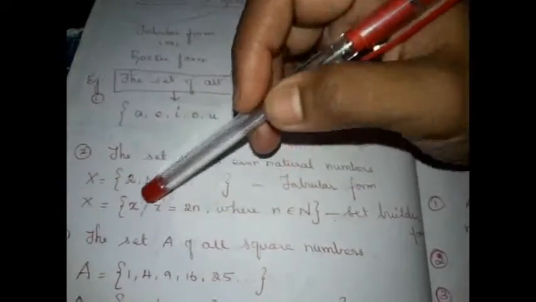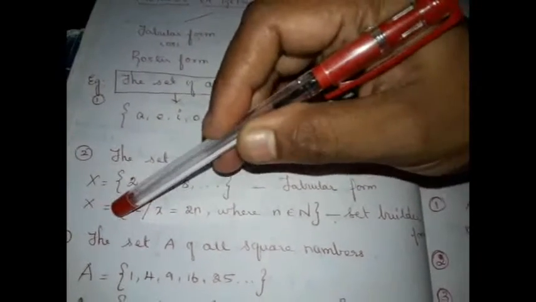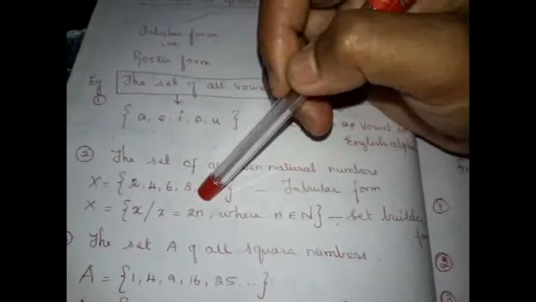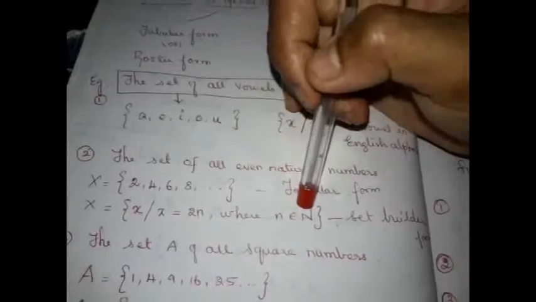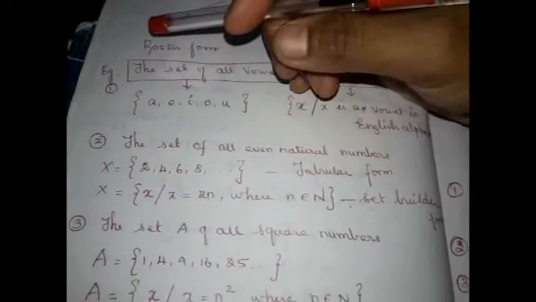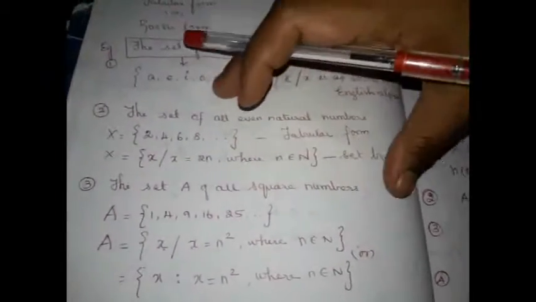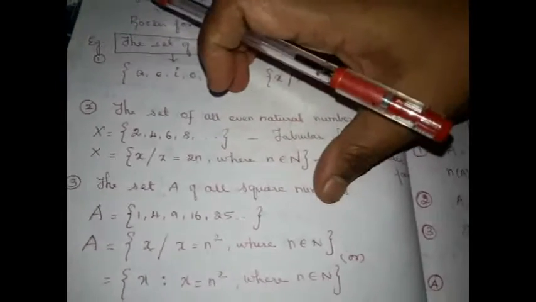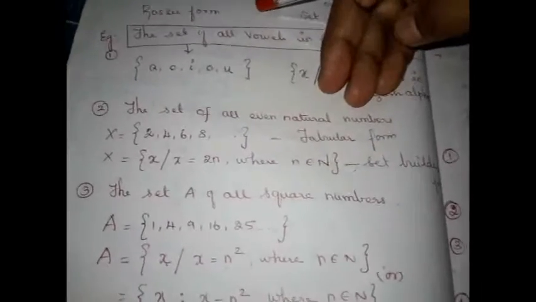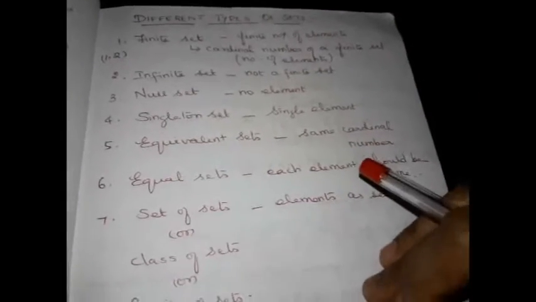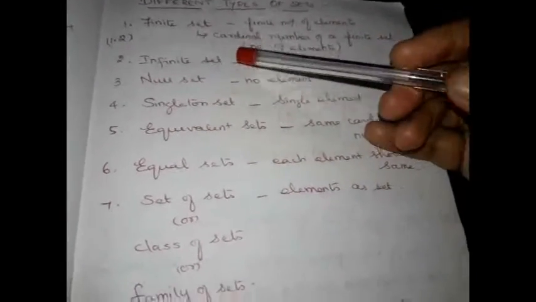In the set builder notation, how will you denote? The set of all x such that we need to give the description for this x now. x equals 2n. Why have we written it as 2n? Because it is going to be an even number, where n belongs to natural numbers, right? This is how we will express the given set in tabular form and set builder form. You may get questions giving a statement and they may ask you to express it in tabular and set builder form, right? And we have learnt different types of sets: finite set, infinite set, null set.